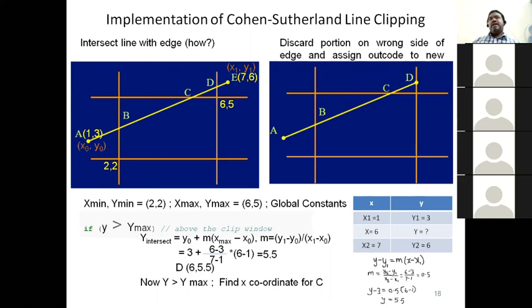Okay. Next. So apply the trivial accept or reject test, and repeat if necessary. Again, you have to do coding. You have to do coding for this point, coding for this point. Check it. How to do coding, I have explained in the previous slide. It is middle 0, 0, 0, 0. Here it means 1, 0, 0. This point is supposed to be 1, 0, 0. Likewise, you have to test for trivially accept and reject conditions, and you will know which portion of the line will be exactly visible.